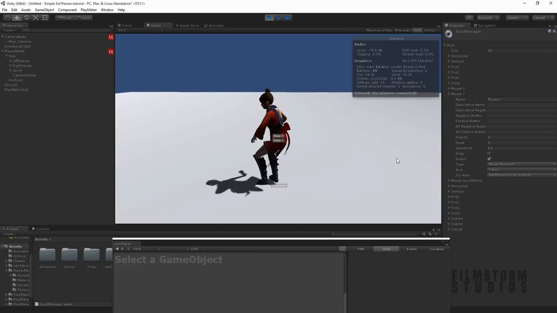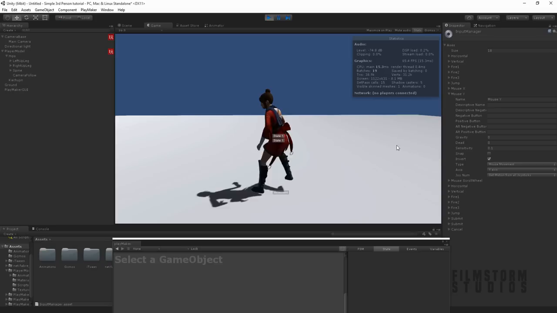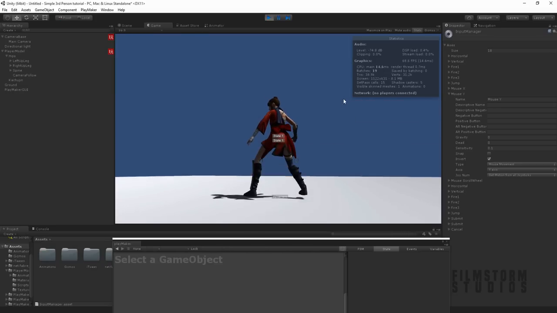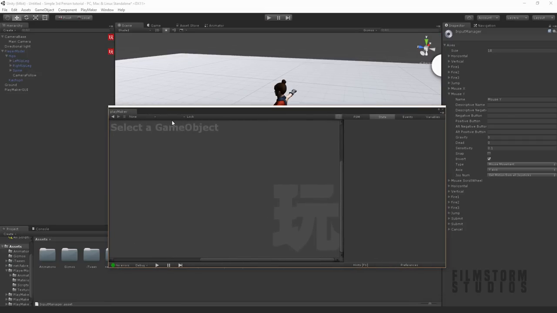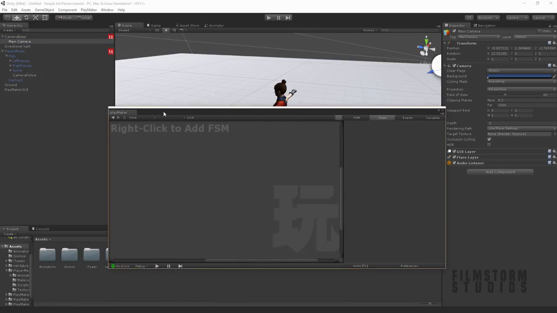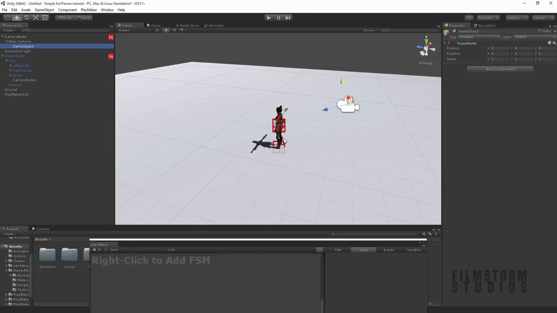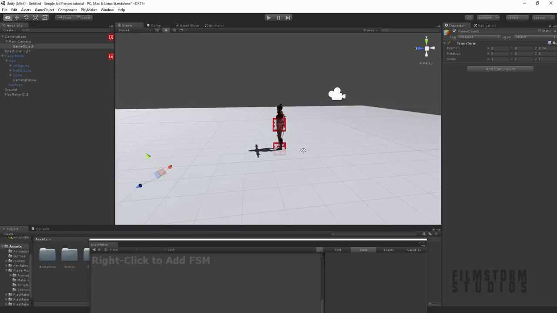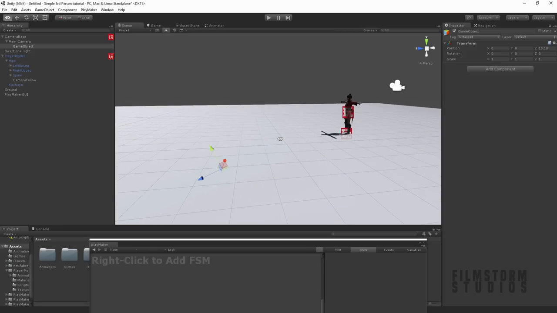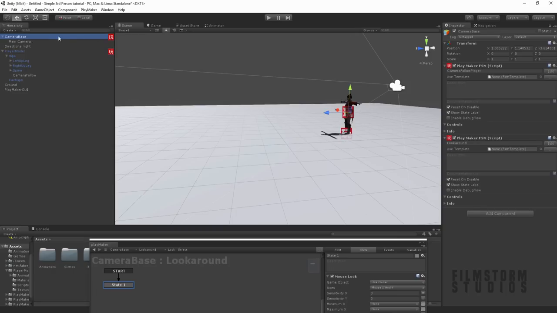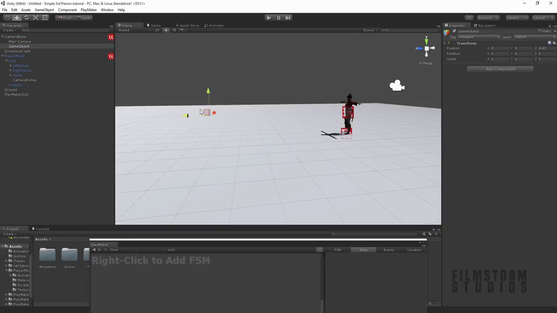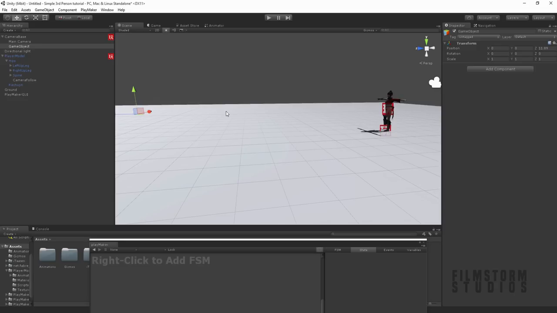Now, you'll notice how I said that if I push forward and the camera's on her side, she runs forward. We need one more step to make it all sync up properly. So let's go back here. Let us click on our camera, create an empty object. And we're just going to point this guy forward and move him forward quite a bit. Or actually, we don't need to do it off our camera. We want to do it off our camera base, my bad. And just move this forward. And we're going to call this character look at.